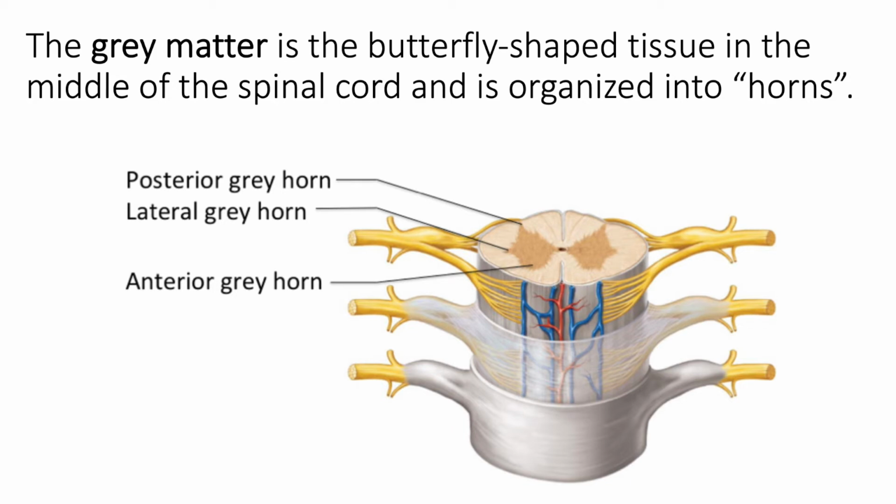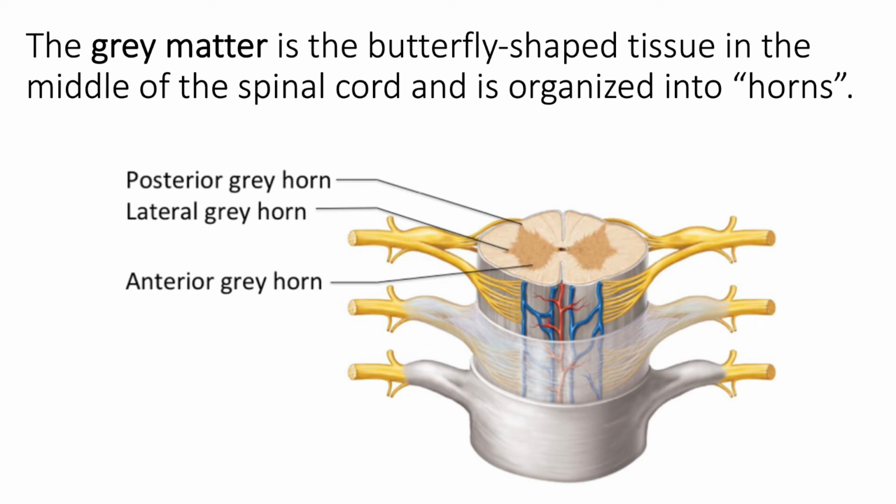Remember, multipolar neurons are all motor neurons and all interneurons. And so the cell bodies that have lots of dendrites attaching to the cell body are going to be the site of synapse for other neurons that are either coming down from the spinal cord or coming in from the